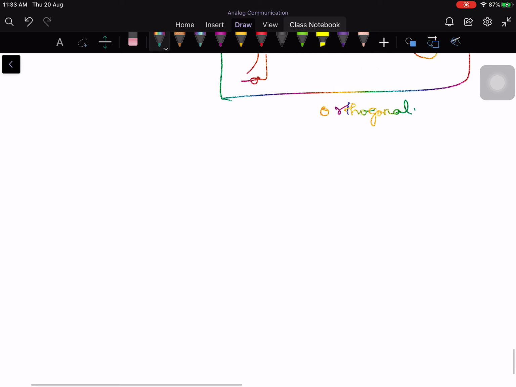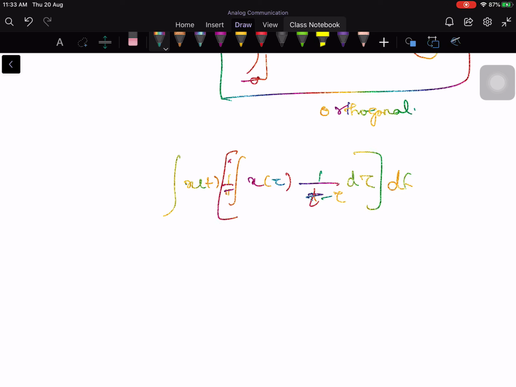So in this case it is easy to show in the frequency domain, but if you were to proceed in the time domain it will be much more involved to prove the result, because you have to take x of t and its Hilbert transform, which is the integral of x of tau times 1 over pi, sorry, t minus tau, d tau, and 1 by pi will come here, and dt. So this proof is a little cumbersome.